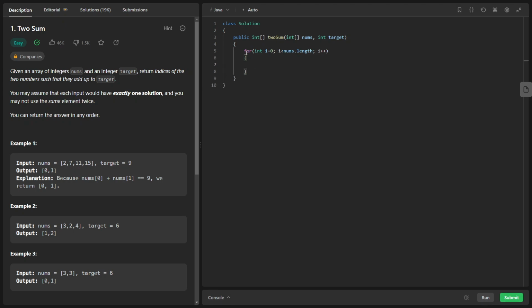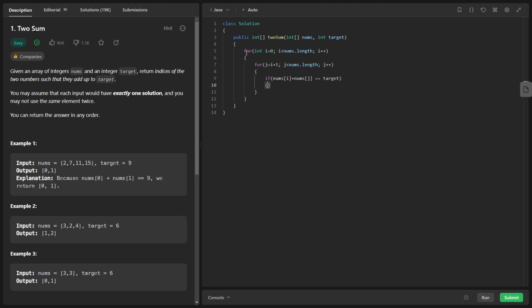Then the second loop is for j is equal to i plus 1, j less than nums dot length, j plus plus.